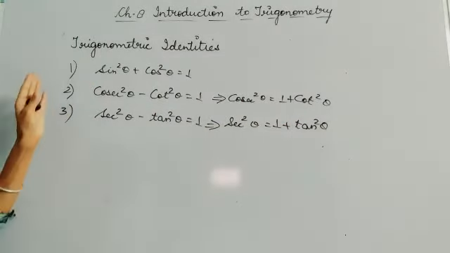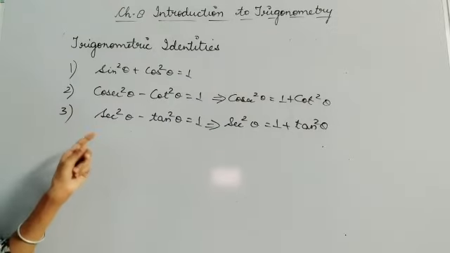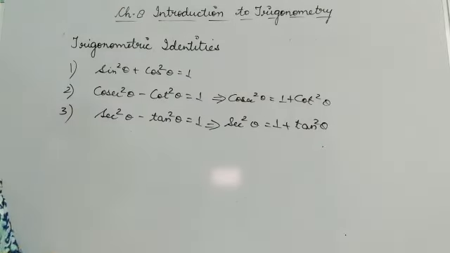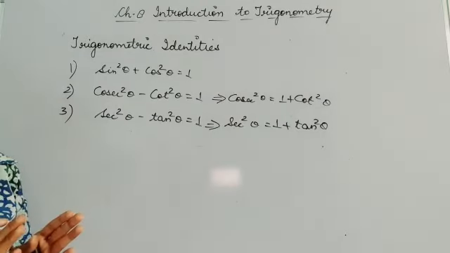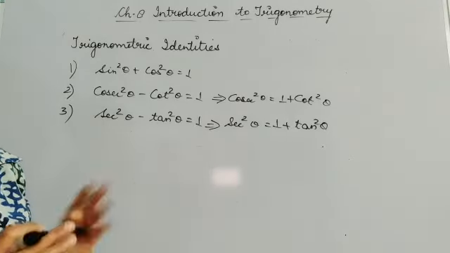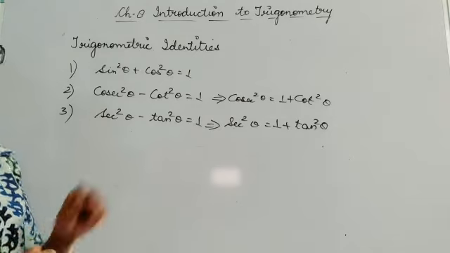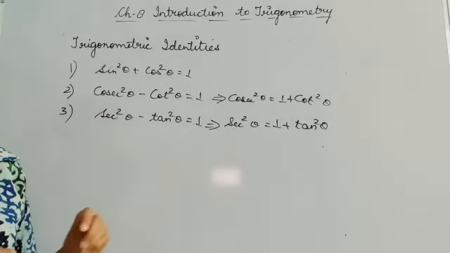Alright, so these are the 3 identities which are to be used in the questions given in the last exercise of your NCERT. And yes, that last exercise comes in the maximum marks questions, that means 5 markers. This year you are going to have a 5 marker in your board paper. So you are going to get this type of question in 5 marker.